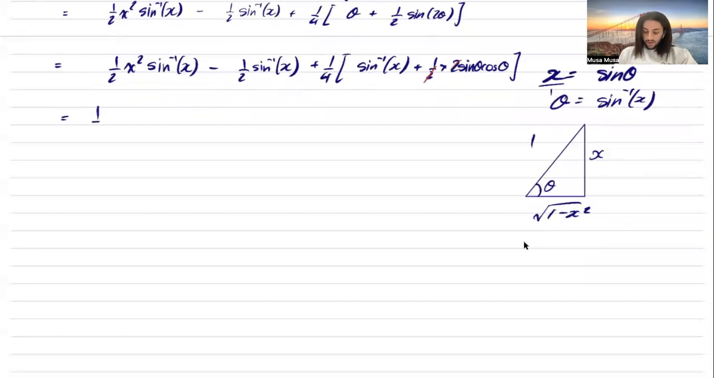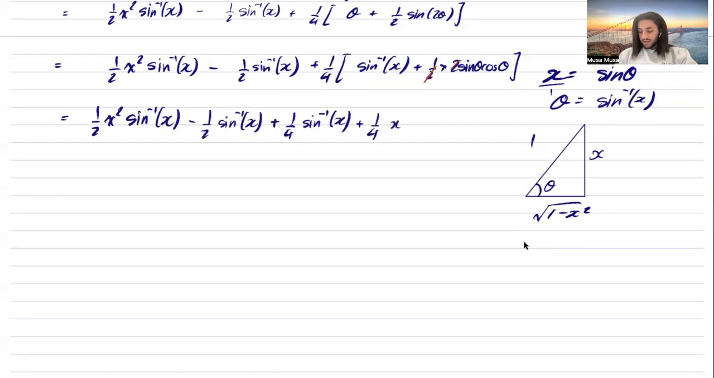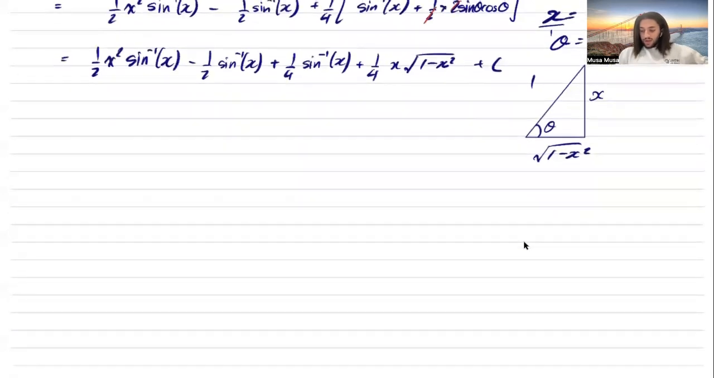So bringing this, we have a half of x squared inverse sine of x minus a half of inverse sine of x, plus a quarter of inverse sine of x, and then plus a quarter of sine theta is x, and then cos theta is square root of 1 minus x squared, and then plus c. Here we have minus a half plus a quarter of these inverse sines. So this is going to give us